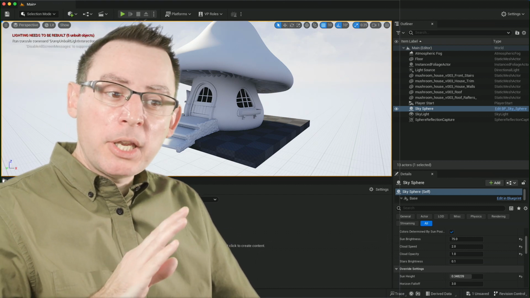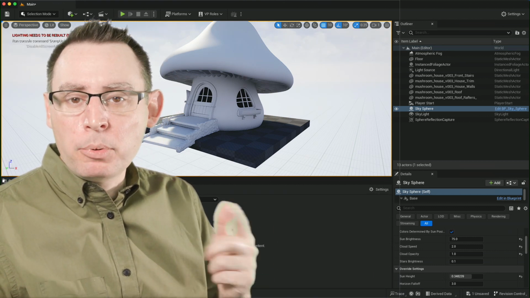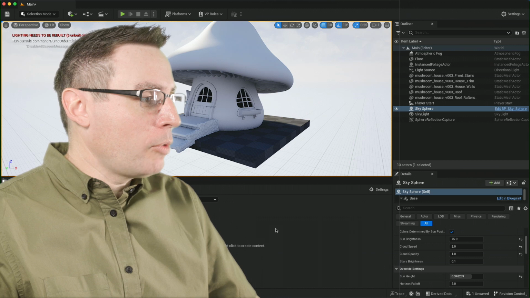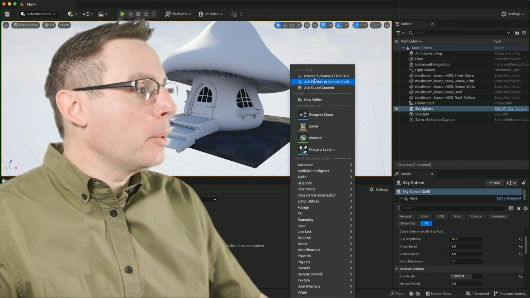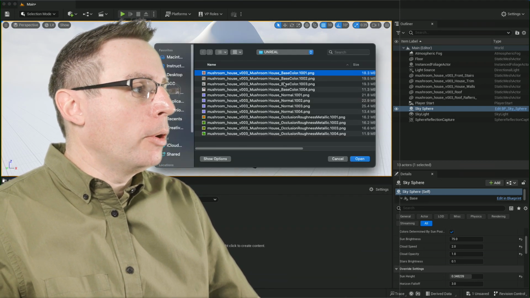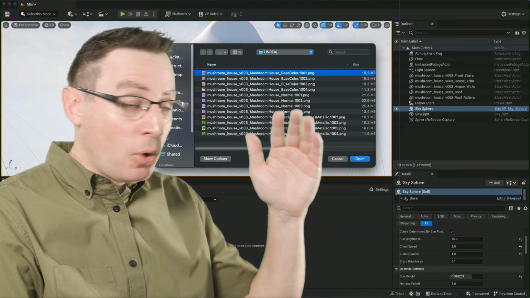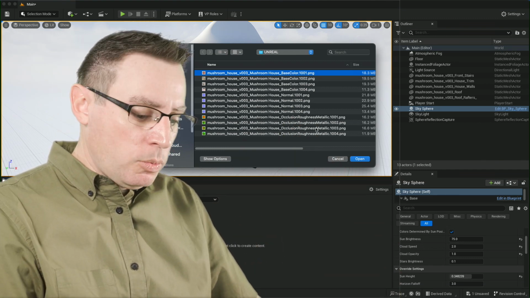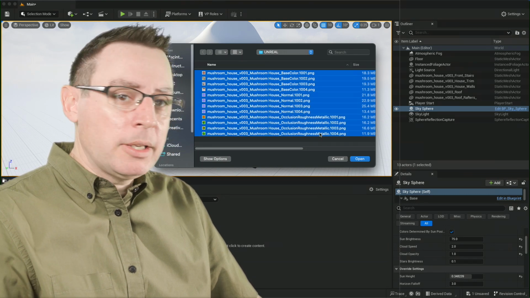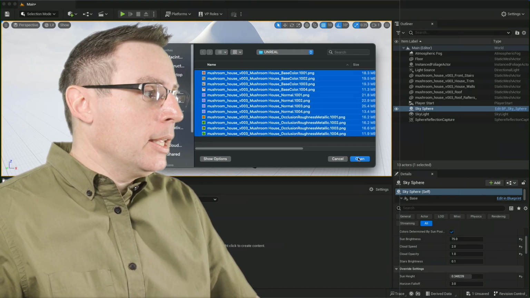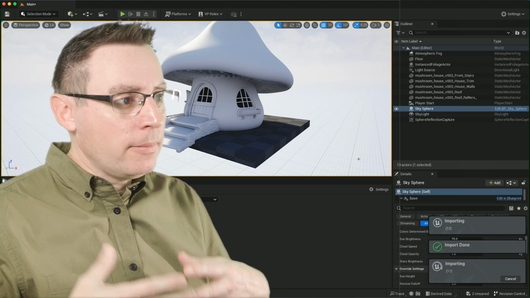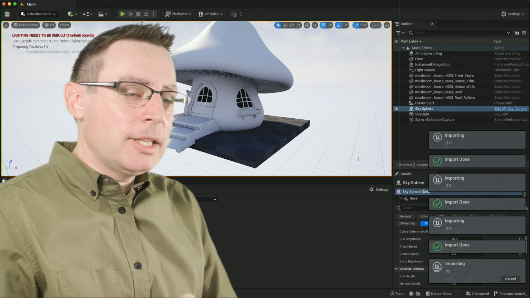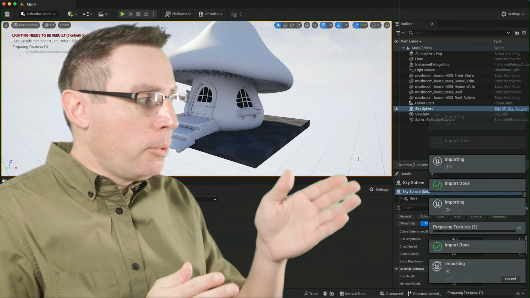So we're going to import the textures identically to the way we imported in all of our mesh objects. Right click on the content browser, and then from the pull down menu, we'll choose import. Now, I have a bunch of textures here. These are all the images that we're going to be importing into my Unreal Engine. And I just want to make sure that I have all of them selected so each and every one of these gets pumped in. It's going to take a minute. These are all 4K textures. You're going to see the computer kind of methodically import all of these in.